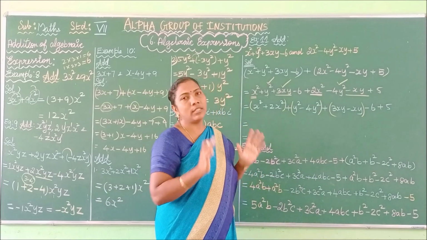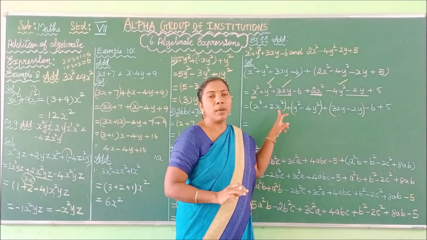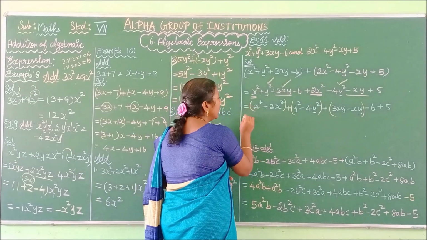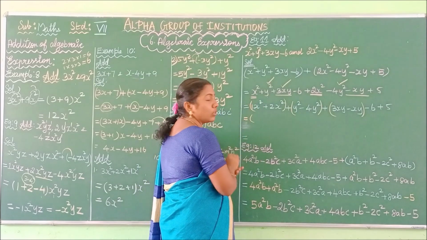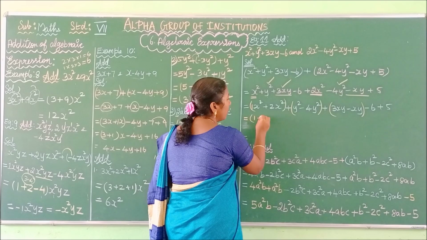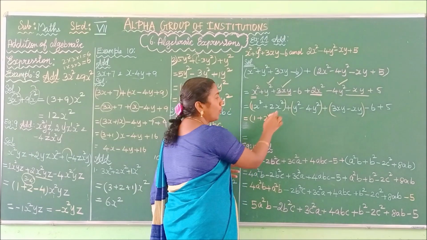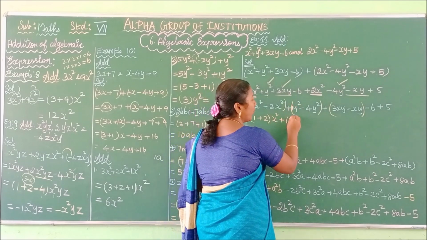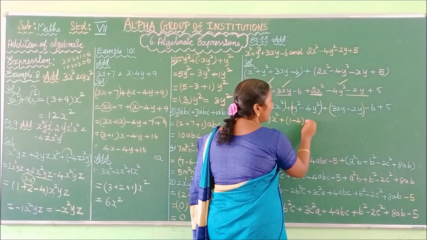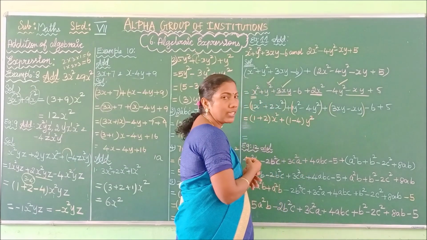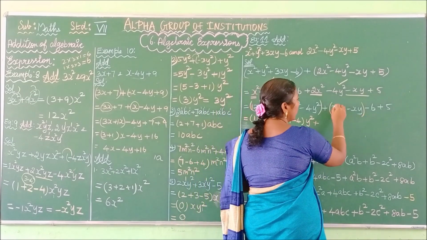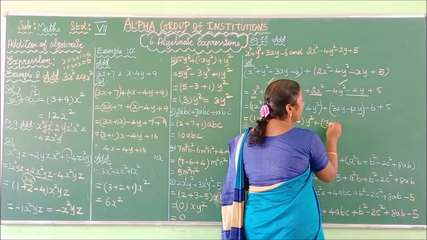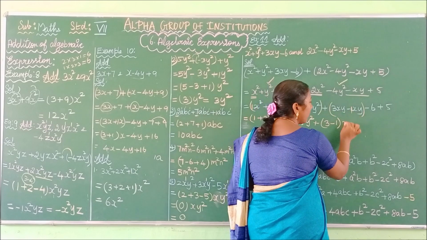Now we are going to evaluate the like terms. How can we evaluate the like terms? By adding, that is by evaluating their numerical coefficients. What are the numerical coefficients here? It is understood that here we have 1. So you have to add the numerical coefficients 1 plus 2. After the bracket you have to write x square. Plus, what is the coefficient of y square? 1. So you have to write 1 minus 4, and after the bracket write the variable y square. Do you understand? See here, they are like terms. So you have to write the numerical coefficients. What is the coefficient here? 1. So 3 minus 1. After the bracket you have to write the variables x, y.